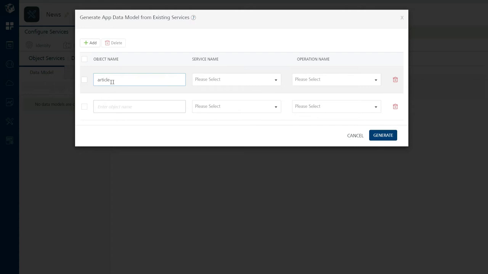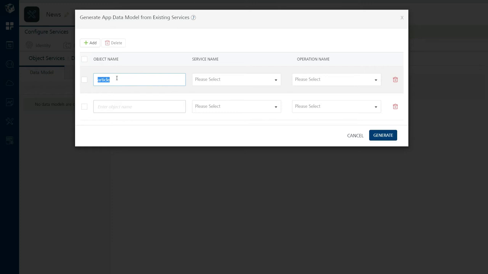I am giving the name of the object as article to represent an article that is present inside a newspaper. Each article would have some fields like the published date, when the article is published, by whom the article has been published, title of the article, description of the article. So these might be some of the attributes of the article. And each article will also belong to a type of news. So type will also be an attribute of the article.